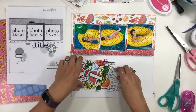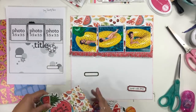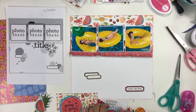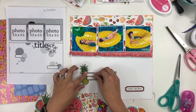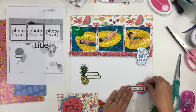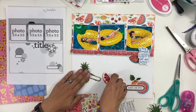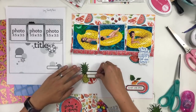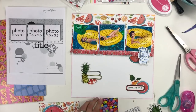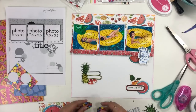So in this particular sketch, which I'm going to stay pretty true to today, there's basically 3 embellishment clusters along the bottom. And so I am just pulling together all of these different pieces of embellishments that I have pulled out and layering them into the ones that I think they are going to go with. And so I have a couple pieces of fruit in each of my 3 little clusters. I have some labels in the bottom too, and then a word phrase that's going to kind of serve as